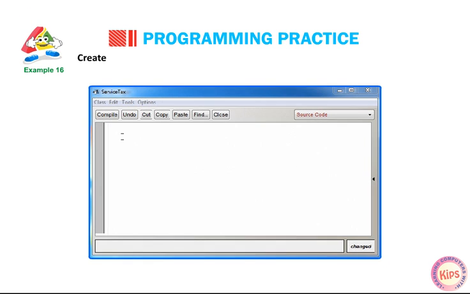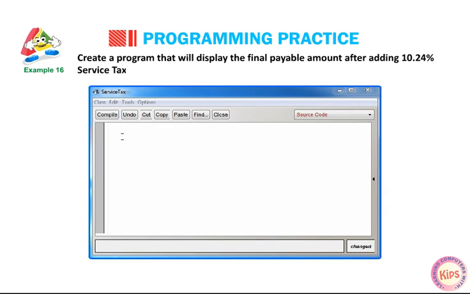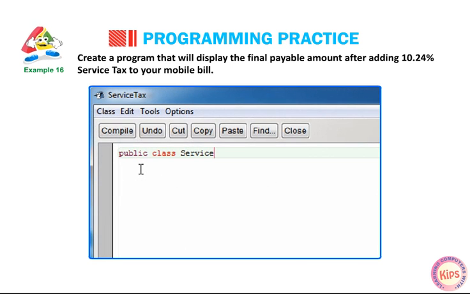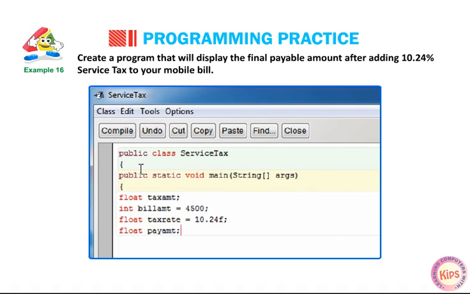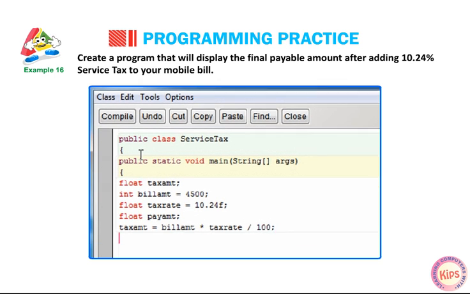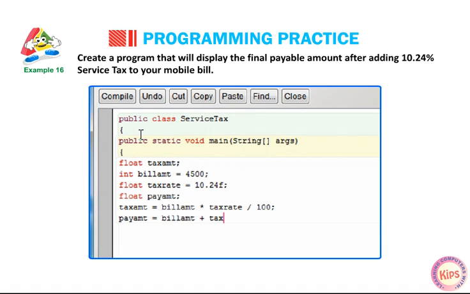Example 16. Create a program that will display the final payable amount after adding 10.24% service tax to your mobile bill. public class ServiceTax { public static void main(String[] args) { float taxAmount; int billAmount = 4500; float taxRate = 10.24f; float payment; taxAmount = billAmount * taxRate / 100; payAmount = billAmount + taxAmount;